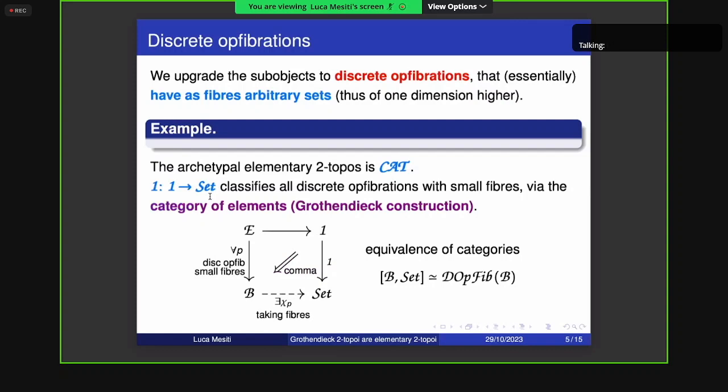And this is indeed the... which gives us an equivalence of categories between presheaves and discrete